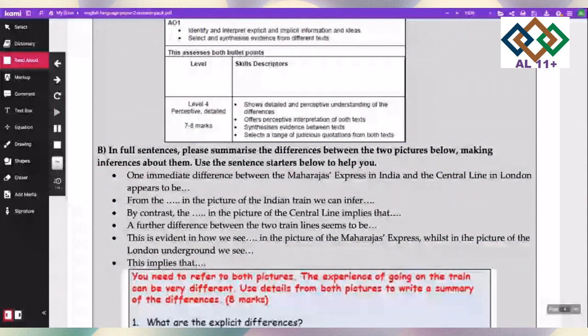For Q2 revision tasks, A: read the mark scheme below and highlight